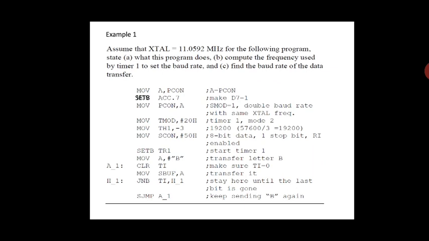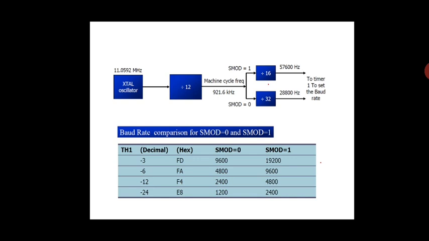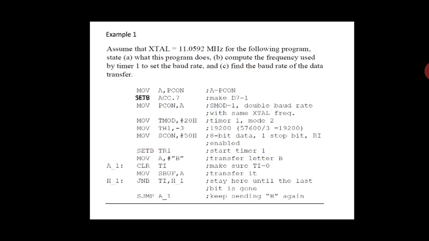Now you will use TMOD. It is the configuration to start your timer. Okay, TMOD 20H means it is mode 2. Because if it is operated in the reload condition, we have to use mode 2. Okay, Timer 1. And MOV TH1, #-3 means in which baud rate we are using. Look at this. If you refer to this, -3 stands for 9600 when SMOD is 0, but SMOD is set to 1, which means at what baud rate is it working now? 19200.